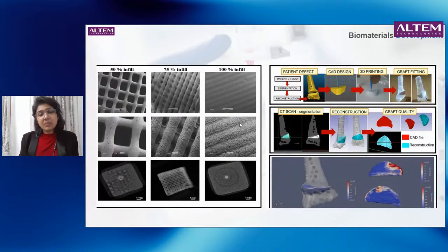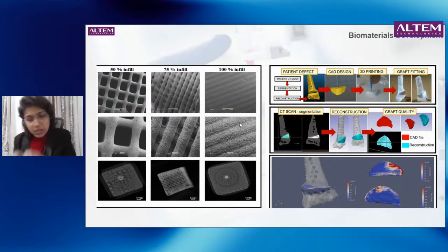So if I have planned my surgery well when it comes to using the actual 3D printed form, that is a 3D bioprinted form, I can easily save on time and also cause less host defects. That is, I don't have to cut up on multiple places. I will just cut up on one side, which is more efficient, more effective, and then use that in effectively